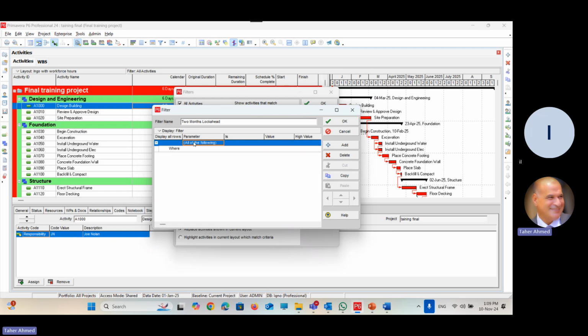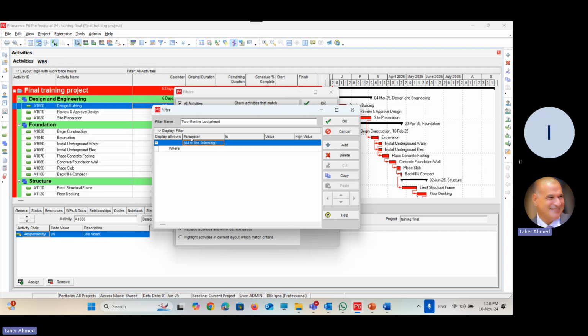All the following or any of the following. Here again, you can set more than one criteria in the same filter. Actually, as a Tahir, I don't recommend at all making multiple criteria in the same filter. Why? I prefer a single criteria. If you need to apply more than one filter, create a filter for each one. As an example, your boss asked you to show the critical activities during the next 2 months. Create a filter showing the activities in the next 2 months and another filter to show the critical, and check both of them